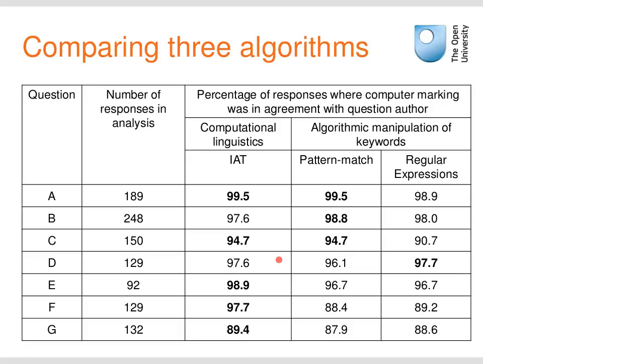You can see that all the matching percentages are a bit higher than on the last slide. The interesting thing was that our crude, simple pattern matching was pretty much as good as the expensive computational linguistics. And the other interesting thing, which the numbers don't show, is that this work was done by a graduate student as a summer job. They felt that the pattern match was actually easier to understand. The computational linguistics, if it got confused, like